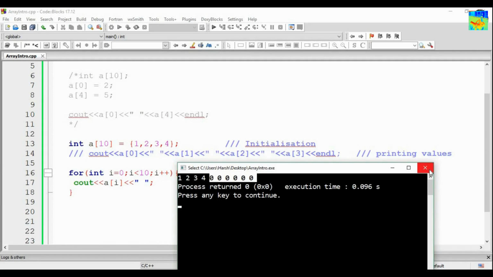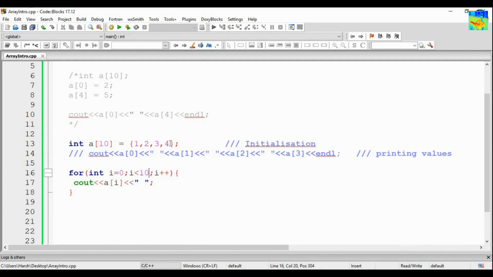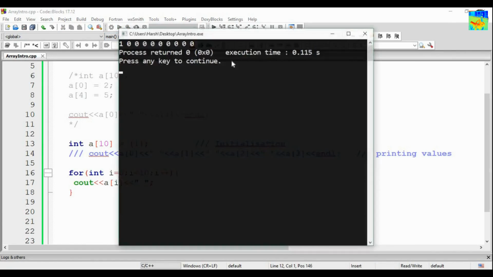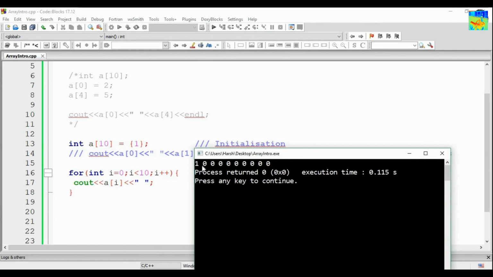Okay. So for example, if I give only one value, 1, what will happen? 1 will get printed, and all the rest of the positions will be 0. Let's see. You can see here, the rest of the positions of the array become 0 when we initialize the array.